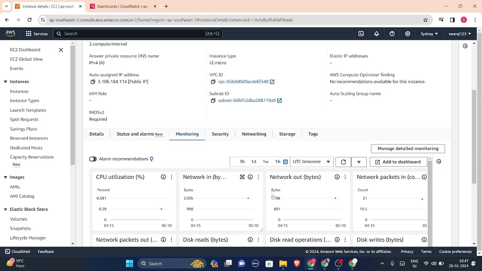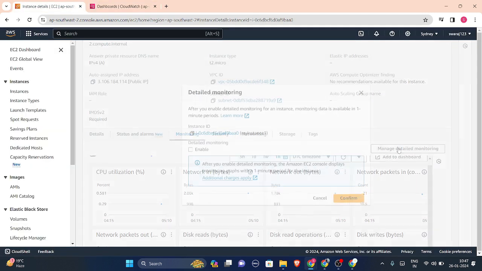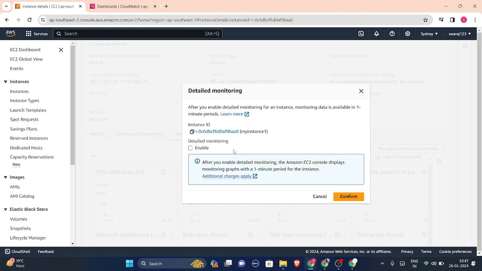Now I can also enable manage detailed monitoring. What is this detailed monitoring? I said that AWS pushes your monitoring at every 5-minute interval, but if you want detailed monitoring, AWS will push it for you at every 1 minute. If you have a heavy workload and want to stay within your budget, you just pay for this detailed monitoring, and it will provide you the instance metrics at every 1 minute interval. By default it is 5 minutes, but then it will provide at every 1 minute. This is your detailed monitoring.